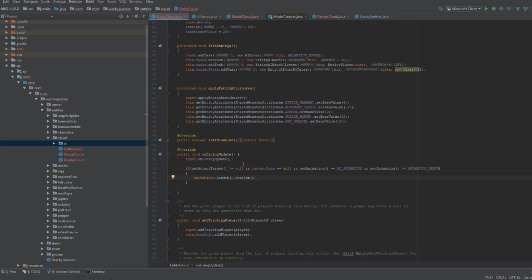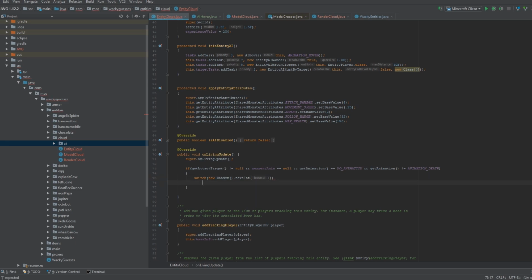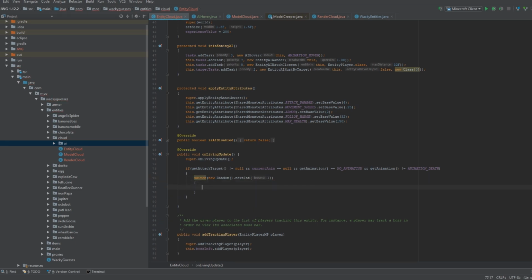So what this is going to do is set up a switch statement for however many attacks we have. So if you don't know, random starts at 0. So if I do 1, it'll do 0 and 1. Right now, we're going to want to do 1. So there's going to be a 50-50 chance of it getting called. Okay. Case